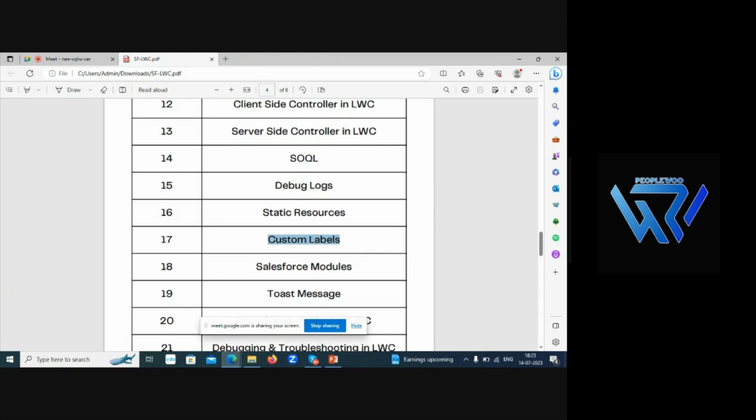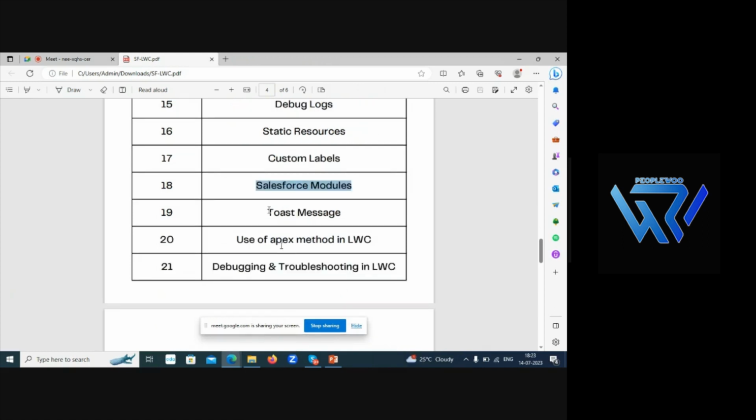So we are declaring one custom label through flow, how I can show it to the org, that will be more realistic if we see. Okay, and then what are the Salesforce modules there are, and suppose I'm having any error messages, notices, or notifications, how do I show them through the toast message,